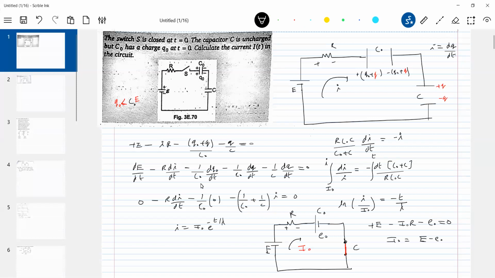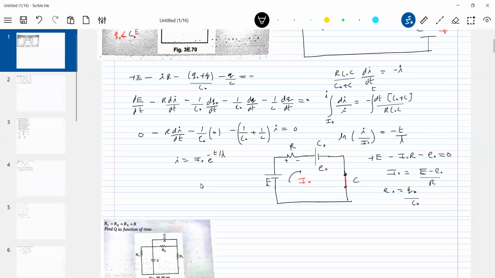E minus E naught by R. So what is the value of E naught? We don't know anything about E naught. So E naught is what? Q naught by C naught. Substituting this, we'll get the... I'll write this equation here only. I is equal to